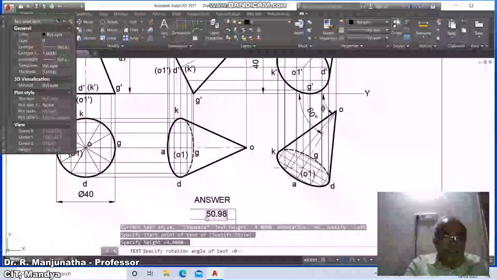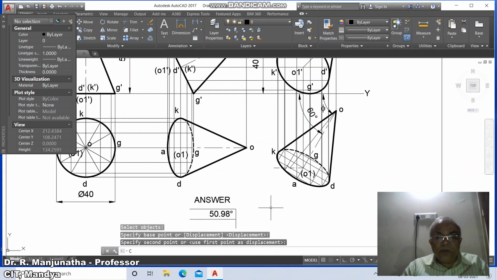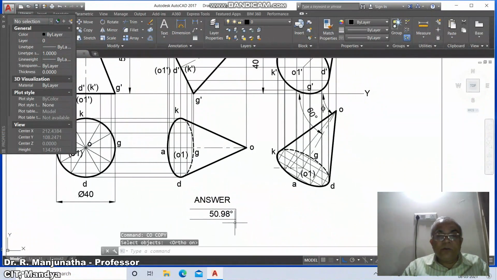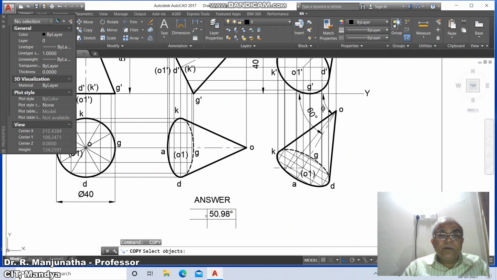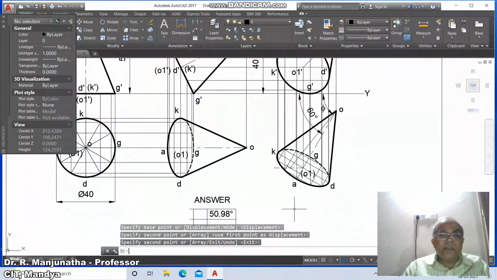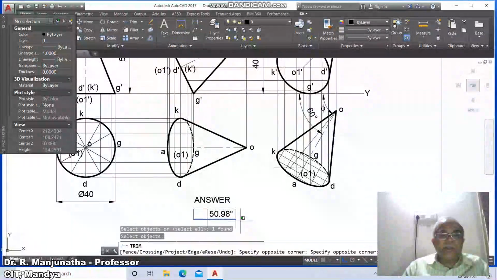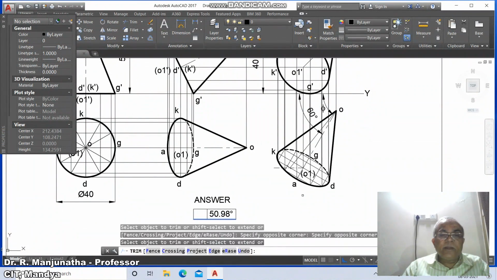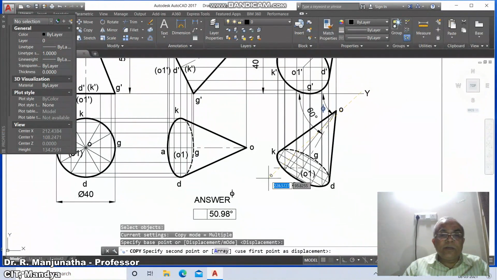Type 50.98 %%D, then go to move, switch off the ortho mode, select this, then go to copy, switch on the ortho mode, copy this here and again copy on this and take the distance here. Then go to fillet between these two, then go to trim, select this and trim this, then go to copy, select this, switch off this and copy this here.